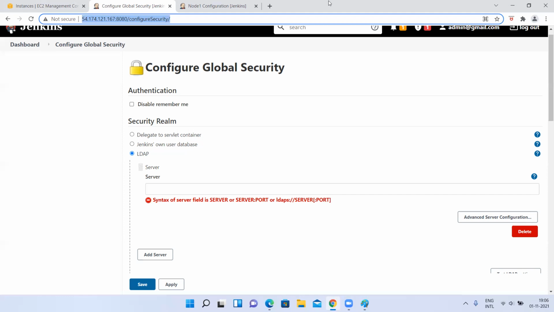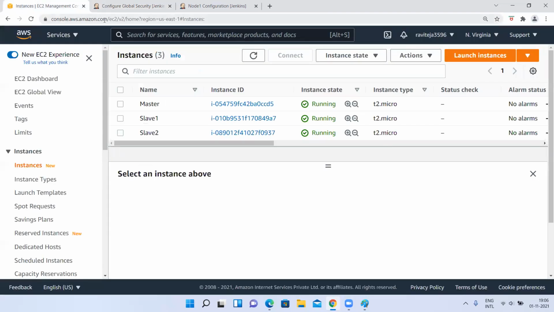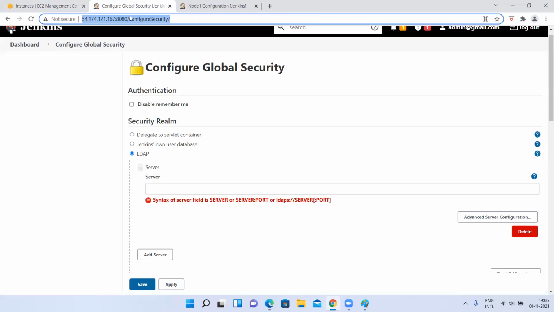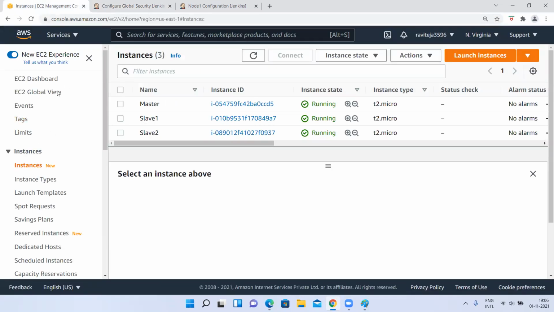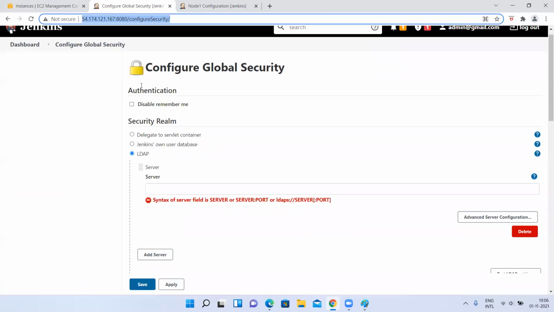How? Because when you log into one website, in the next page, if you try to hit some other website URL, it will not ask for the password. By default, whatever username and password you entered for the first website, it will take it here. That is because of SSO, right? Single sign-on will be there.